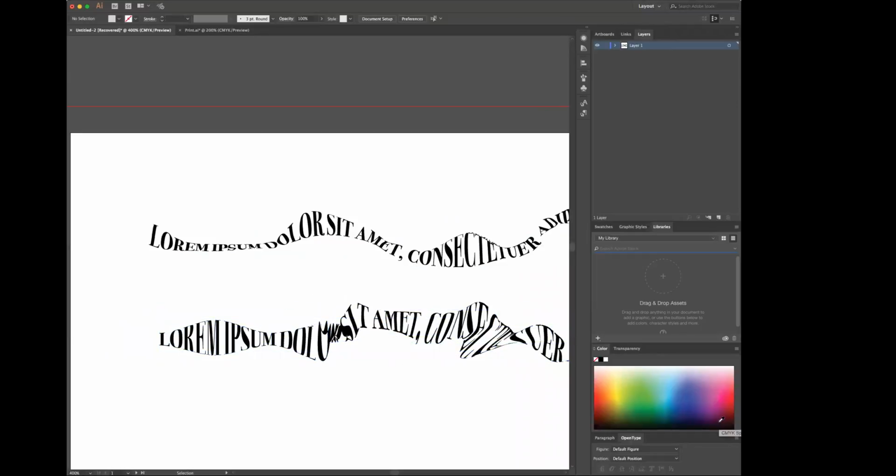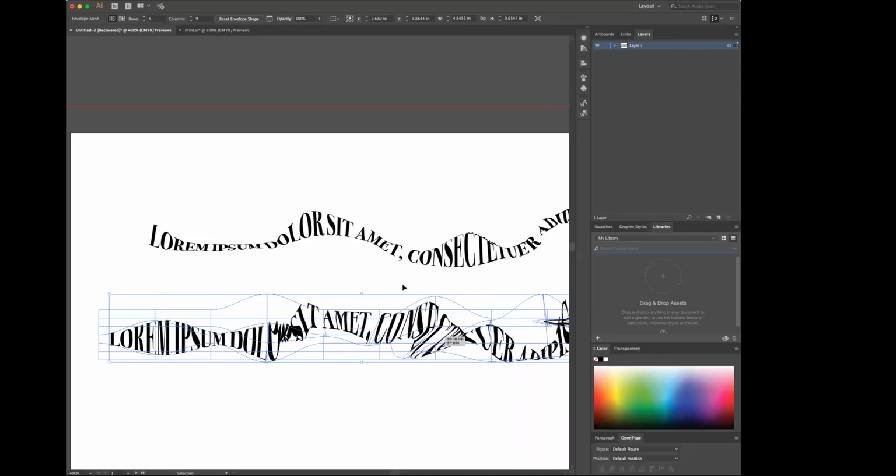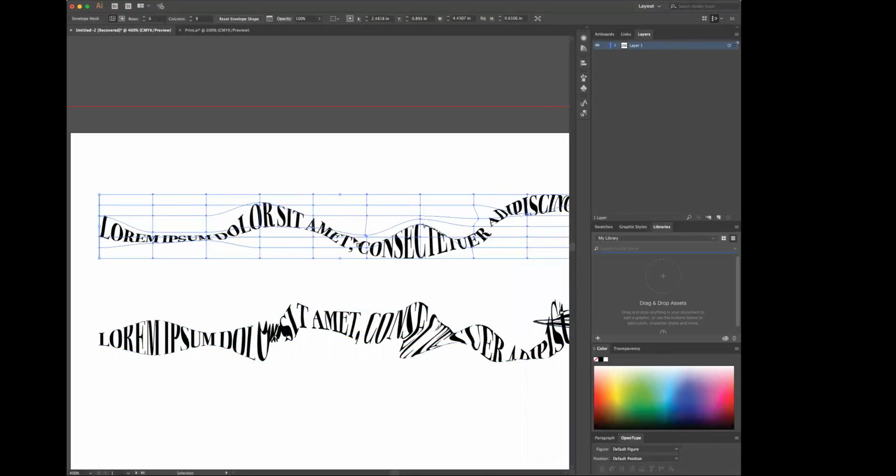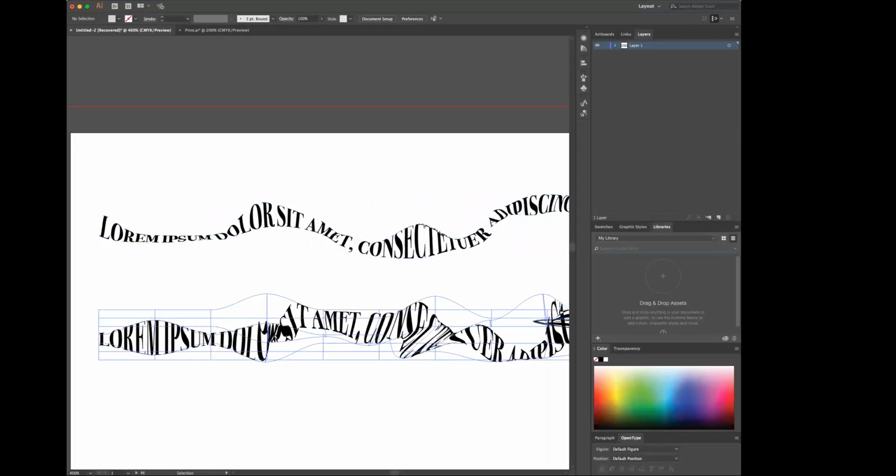So I'll give you about 3 minutes to try to apply a gradient mesh to your Type on a Path text, and let me know when you've got that, Terry. I'll have you share your screen. Are there any questions with how to achieve this look or to get this setting? Is it pretty self-explanatory? Okay. All right, so we'll put about 2 minutes on the clock.